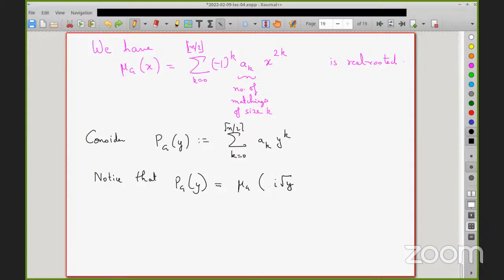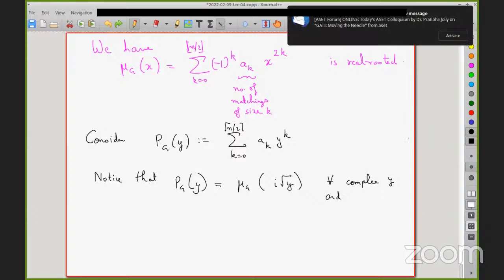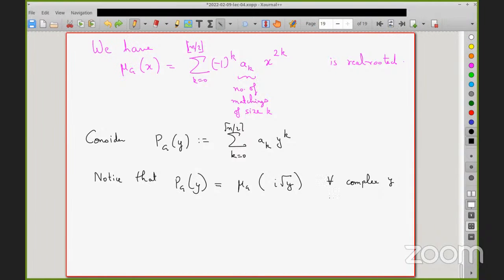I have to be a little bit careful here because I'm writing a square root. What is the square root of a complex number? It's not a single valued function, right? There are many ways to get around this. I will just say you take any one of the square roots, that is, the root of y is any solution to